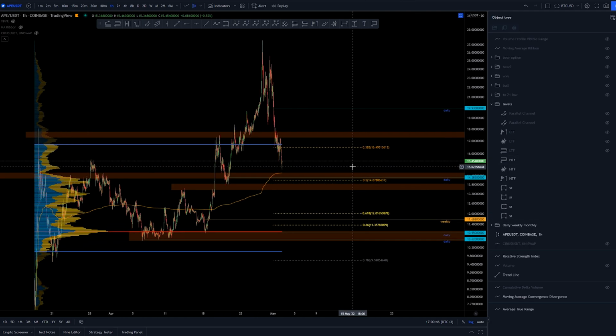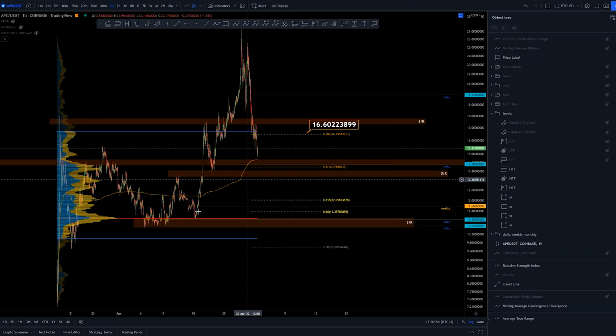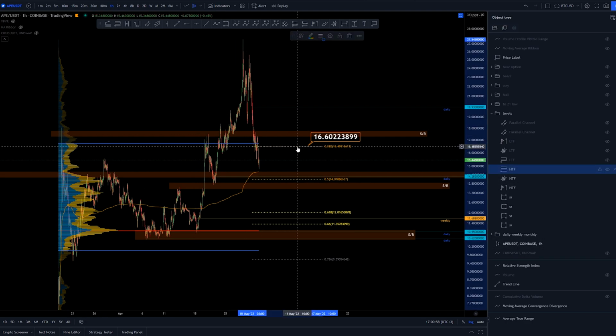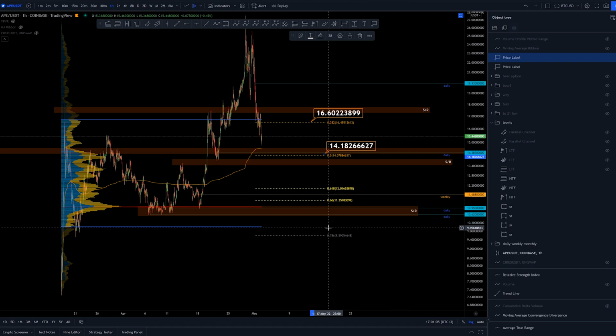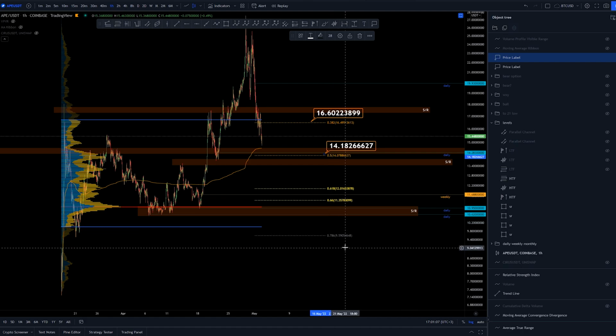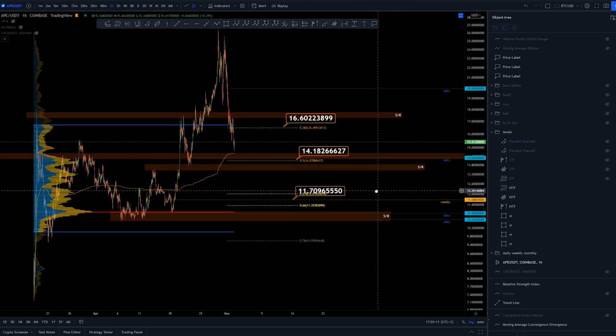We've got a couple of interesting areas here. Value area high with a 38.2 retracement for the move from the all-time lows to the all-time highs with the Fibonacci retracement tool. Another interesting area is here around the 0.5 Fibonacci retracement area, and of course the golden pocket with a weekly as well. Now,